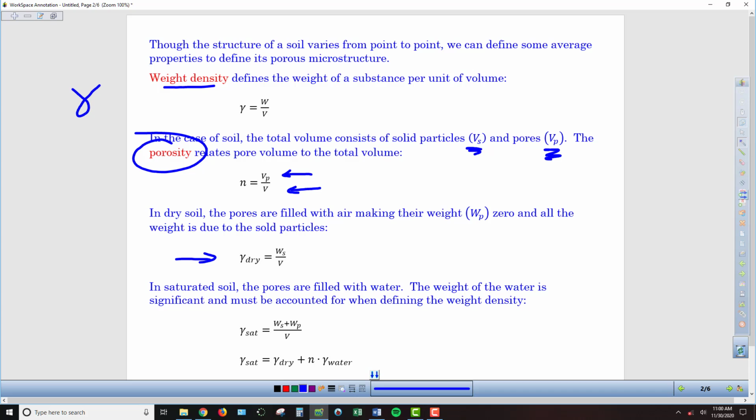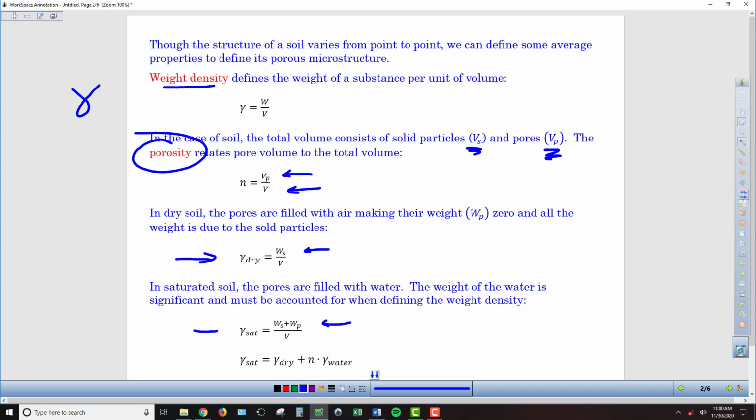So here for the dry density, we're talking about just the weight of the soil divided by the volume. But if we want to get the saturated density, now it's going to be the sum of those two weights. It's going to be the weight of the soil plus the weight of the water that's filling those pores. Because under normal circumstances, those pores are filled with air, but if we're saturated with water, then we're going to have a water weight there as well. So we have to add those two weights together and divide that by the volume to figure out what the